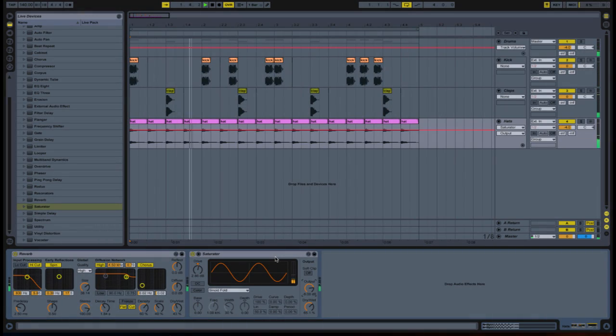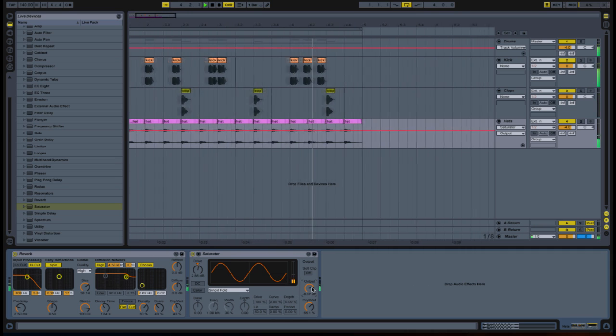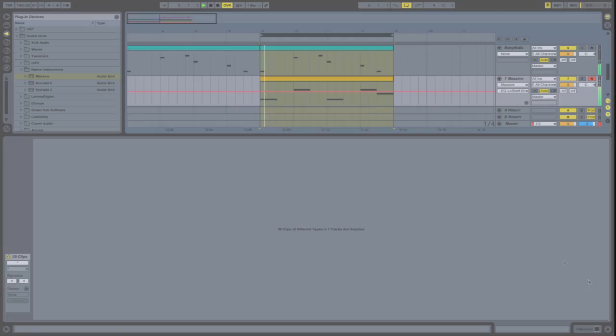So what we'll start with in this tutorial is showing you how to make the drums. And from there, we will show you how to make synthesizers for the melody.